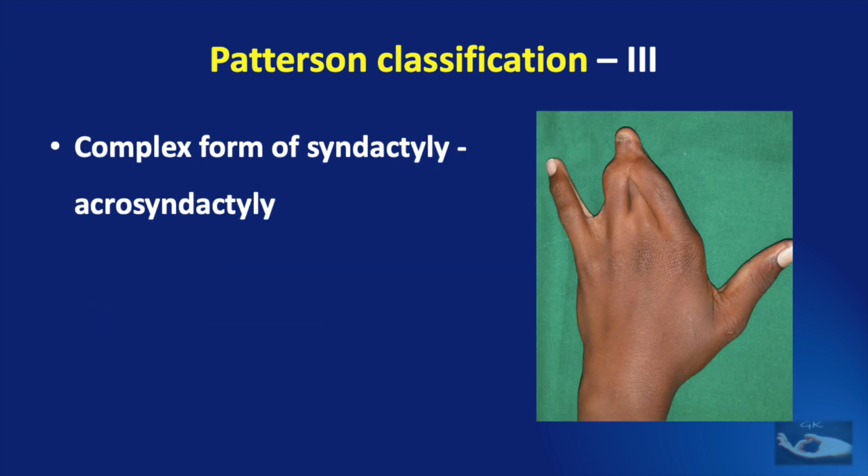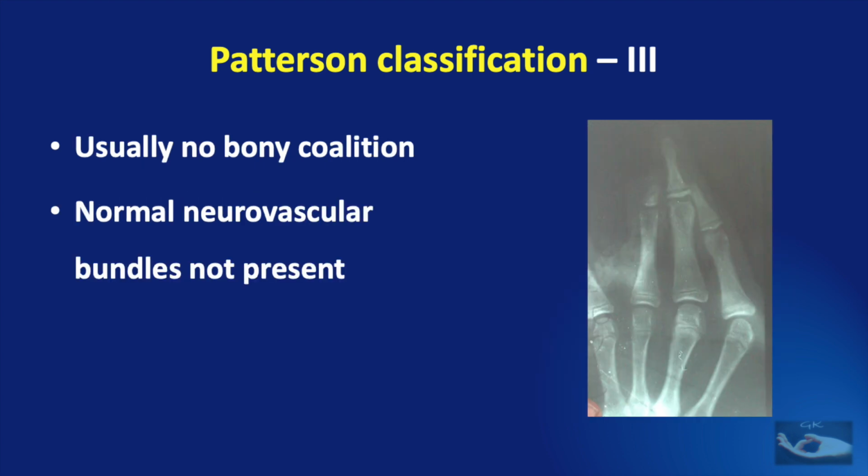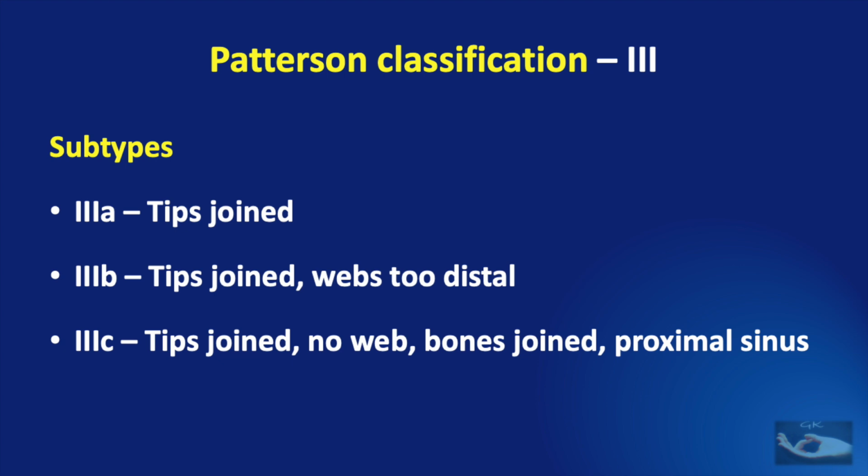In Patterson type 3, there is a complex form of syndactyly named acrosyndactyly where the fingers were initially separated, but due to the constriction they are formed back together. Sometimes multiple fingers can be involved. The distal fusion between the digits never initially involve a skeletal coalition, and normal neurovascular bundles are not present in the distal parts. There are three subtypes to the Patterson classification 3, which refers to